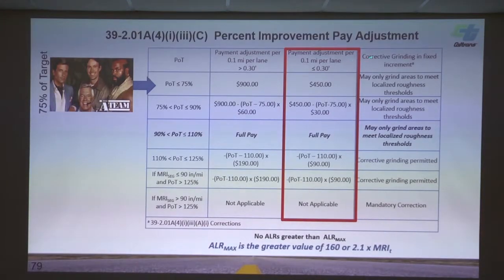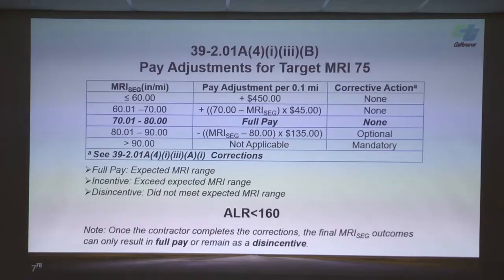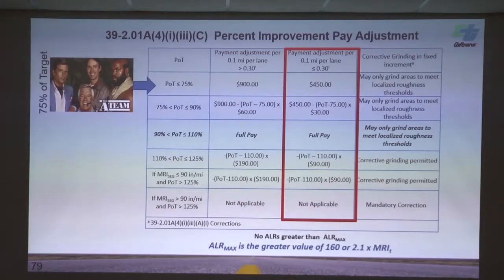This is the percent improvement table. There's one table that covers both layer thicknesses, greater and less than 3/10. On the right, we see the percent improvement table for less than 3/10. We have the same dollar adjustments. It's just that if you're 125% of target, we'll talk about what target is, this equates to a $1,350 deduction. And the max incentive is $450. If I go back here, we'll see the max incentive $450. Incentives and disincentives are the same under both of these tables. We're just raising the target limits.